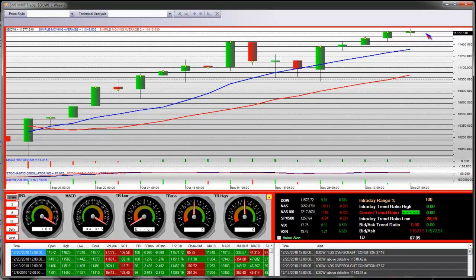When we start to see weakness on a weekly level moving forward, we're going to take a look at a reversal from the previous week. So if we start out and we start to gap down, this is what a reversal would look like, MMTs. The half range is 11,571.72. And if I'm below